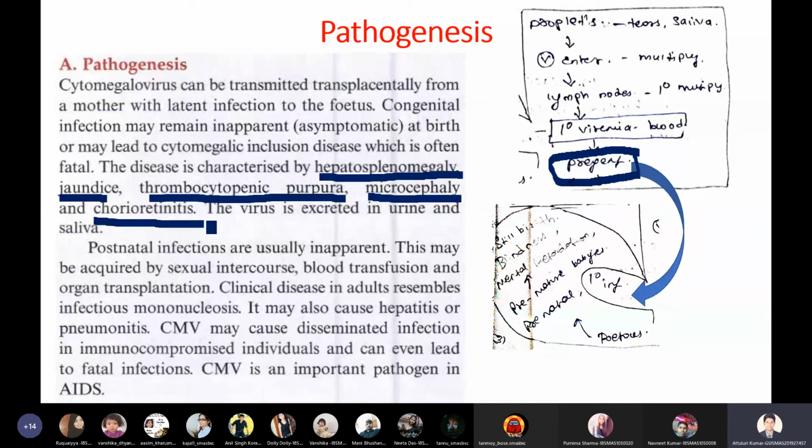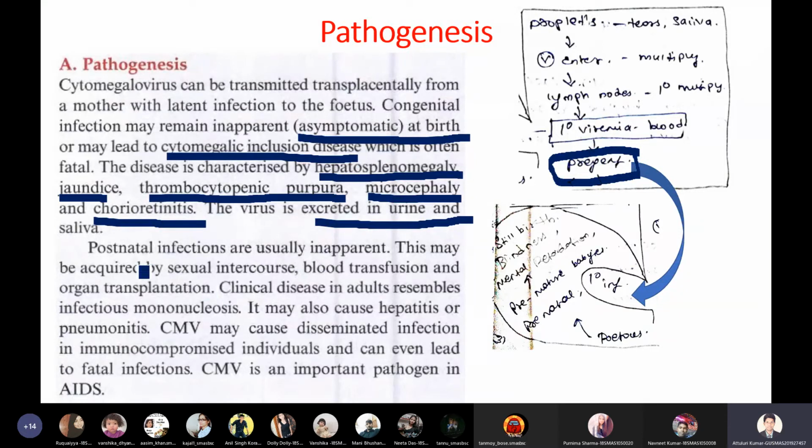That means the babies infected by cytomegalovirus will have a very small head with a small brain. Actually, they are mentally retarded. And this virus will start secreting in the urine and saliva of the baby. Usually this virus is asymptomatic at birth. We don't know that the baby was infected by this virus. It is asymptomatic in the baby, but it will cause cytomegalic inclusions. That means it will cause damage to the brain cells of the baby.